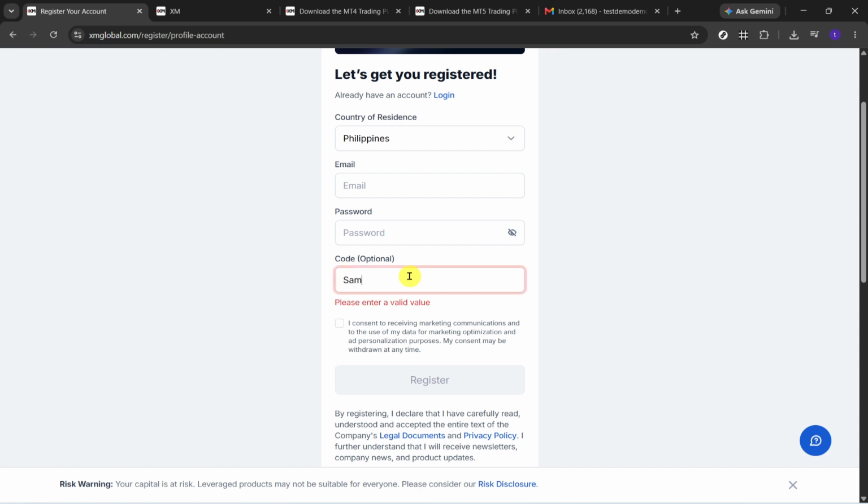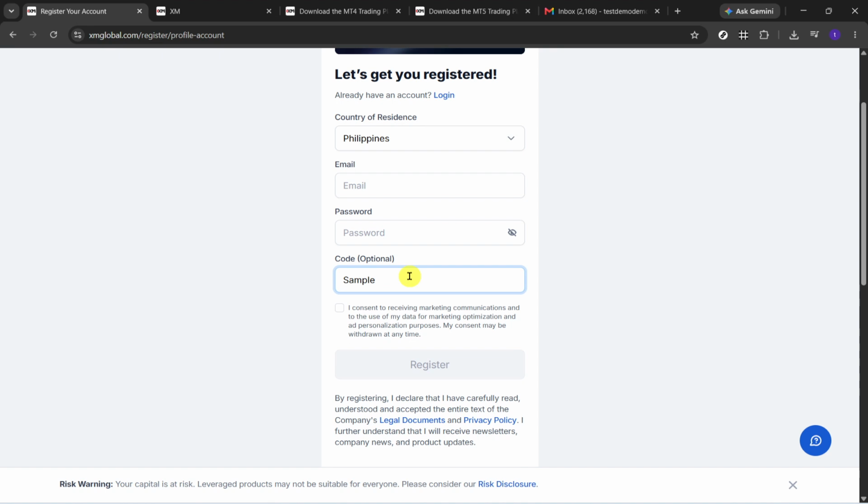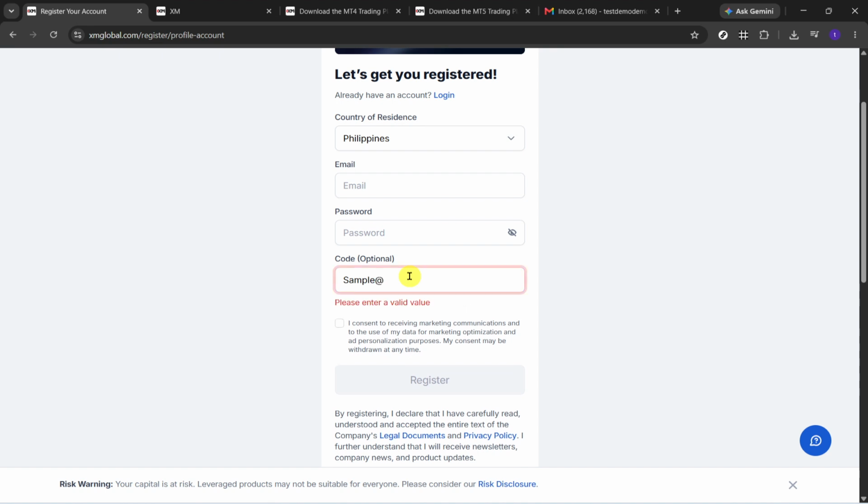Make sure you enter it exactly as given, paying close attention to any capital letters, numbers, or special formatting if applicable. Even a small typo can prevent the code from being recognized, so it's a good idea to double-check it before continuing. After the code is entered, you can proceed with the rest of the registration process as shown on